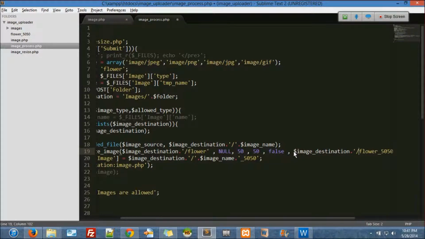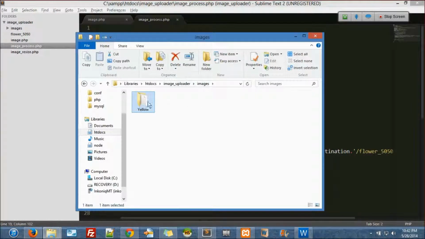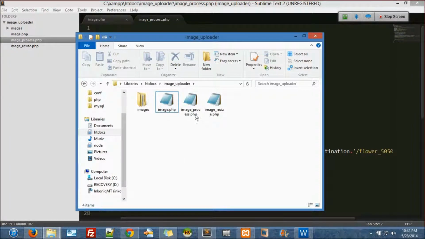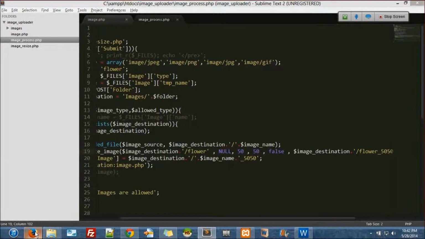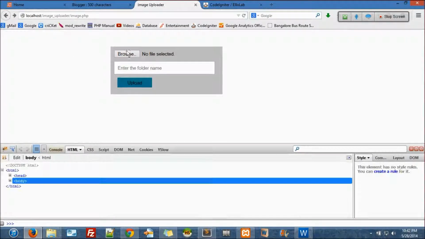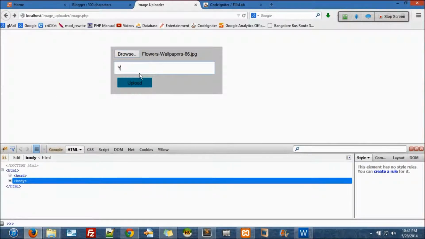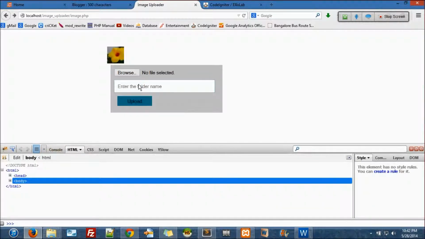See, this is how you learn it. So it has uploaded the picture. I'll show you where it has uploaded the picture. Maybe here. Okay, did you see that? It has uploaded there. So I have to give the complete destination. So I deleted it again. Okay, I'll refresh this. I'll browse. Hello. Upload. You see that? That's a small size, 50 pixel by 50 pixel. The proportion, you can see it here.